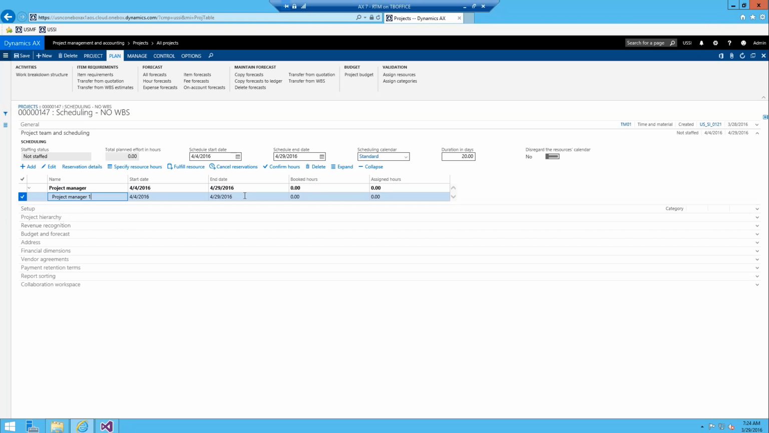We need them from 4/4 to 4/29, and right now there is no time allocated to this project. We just have a role out there. So if we know how much time we need to allocate between the start and end date, we can do that. And to assign the booked hours, and notice this is going to be booked hours because we're assigning capacity to a specific role, you would go specify resource hours,